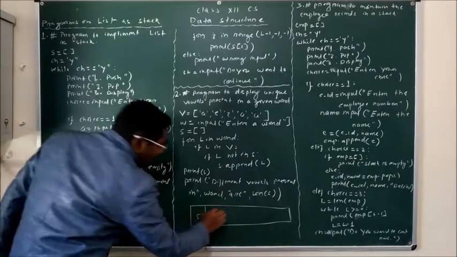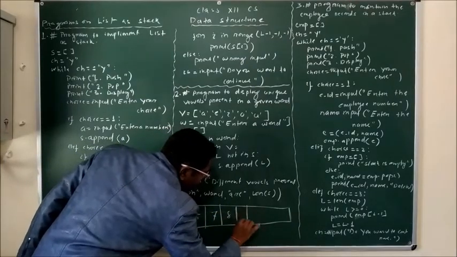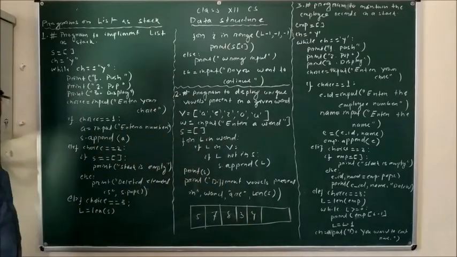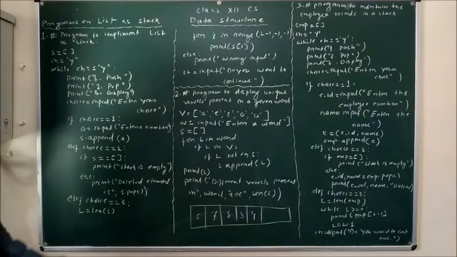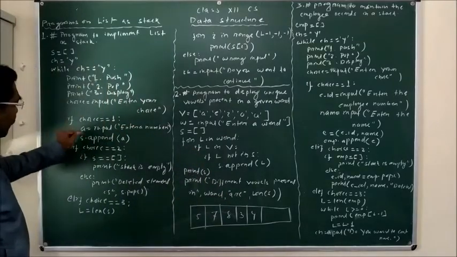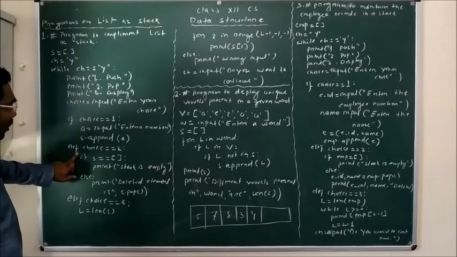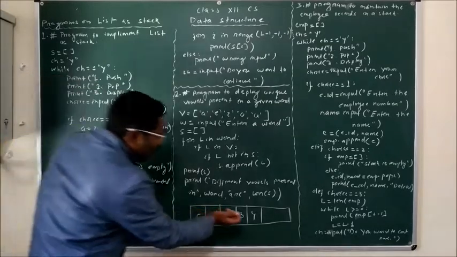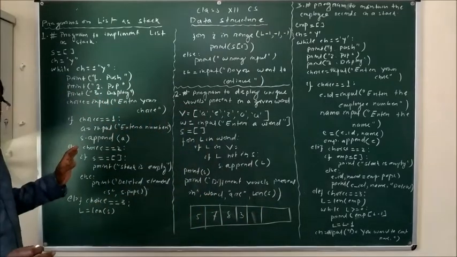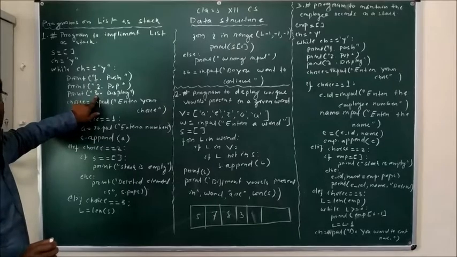So what happens? The next value, suppose you have entered 10. Next suppose 8. Next suppose 3. Next suppose 4 you have entered. So these many values are stored in the list. Now after that, instead of 1 you are pressing 2. Then this statement will execute, in which this 4 will be removed from your list. Clear? Now I am pressing the 3 option, choice 3.